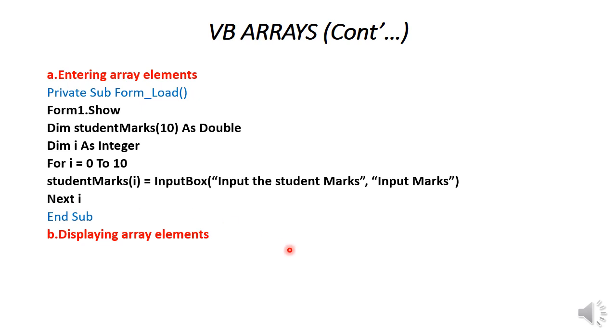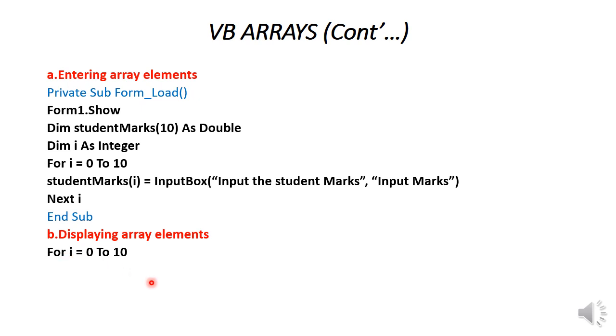So now, what are the statements which are needed to display array elements? So you see that the Visual Basic statements are always written down into the event procedures, because Visual Basic is an event-oriented programming language. So the events must happen so that the codes are executed. So here we can also embed the following codes into Private Sub and End Sub. But I didn't mention Private Sub and End Sub. Be aware that